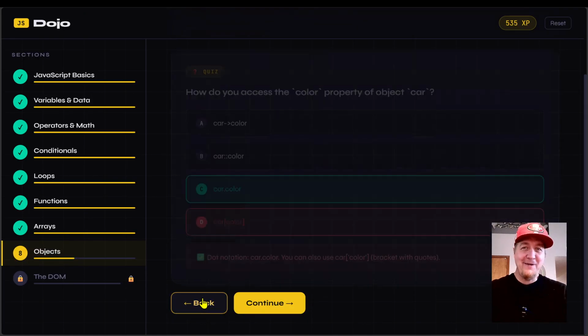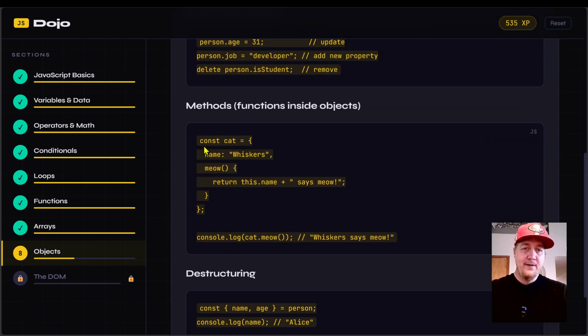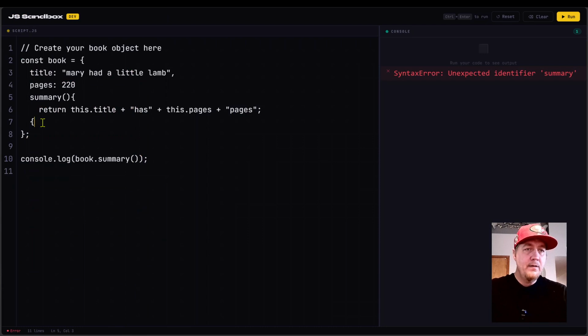If you figured it out before me, I'm sorry. Let me go back again. Okay, so we've named the const. Name equals whiskers, comma. And then we opened return this dot name, says meow. Has that, has that. Okay, let me take a peek again. Okay, this is always good to find. I found it here, so I didn't close that one. I had an open brace instead of a closed brace. All right, so now if we run it,